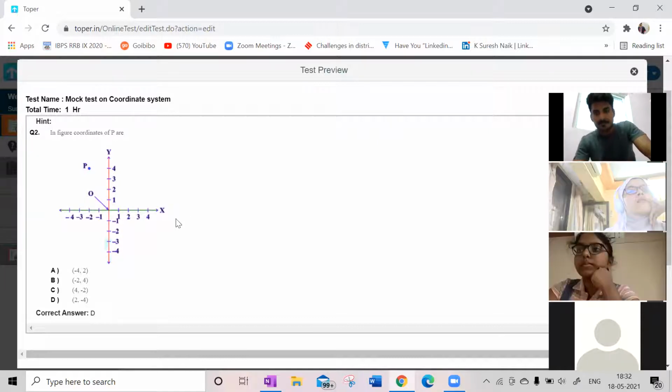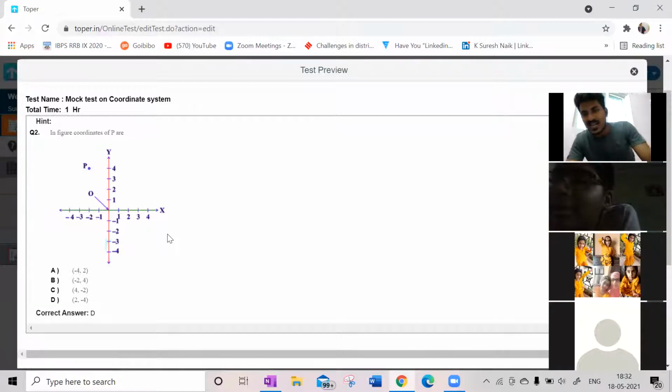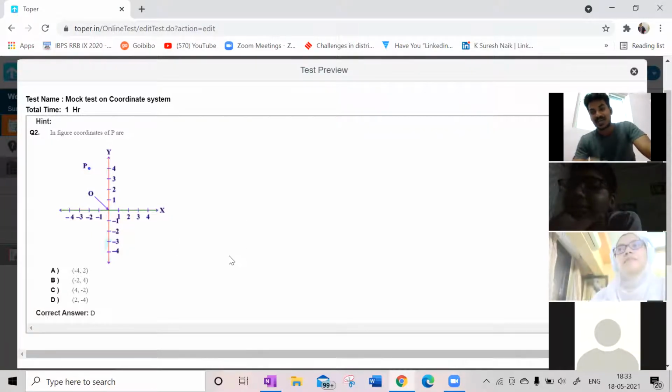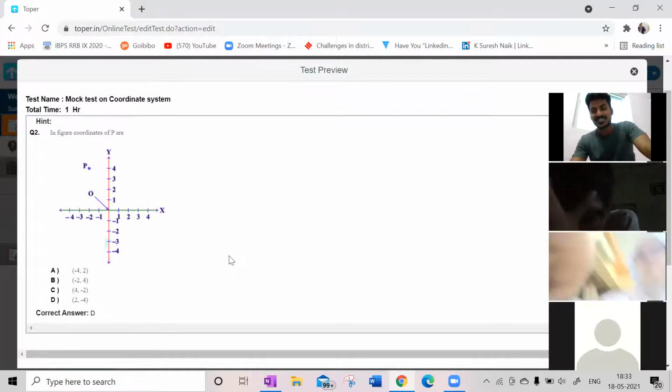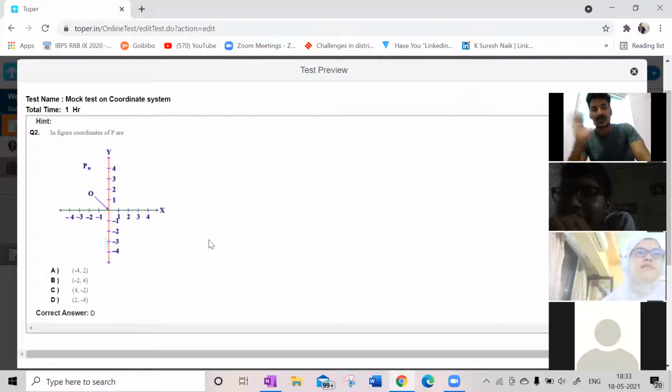Sir, abscissa means same. The order is different. What is abscissa, capsicum? What are you talking about, Shreyan? Abscissa, not abscissa. You are saying abscissa, capsicum. What is this, man? Right, right. Great. Not an issue. Jokes apart.